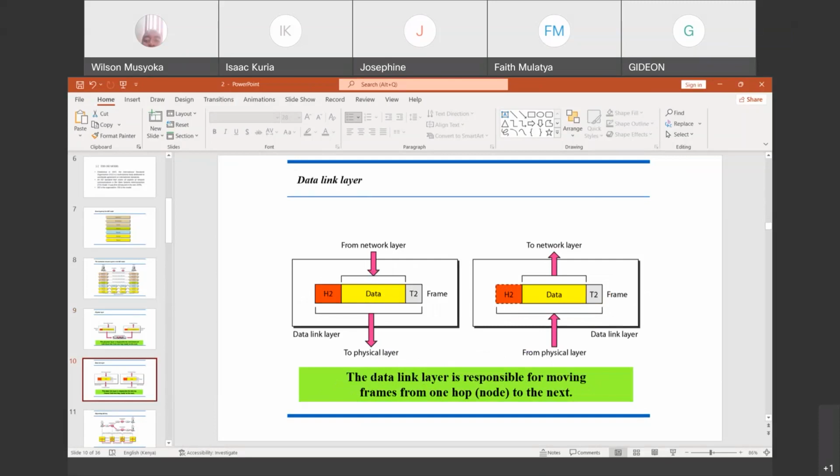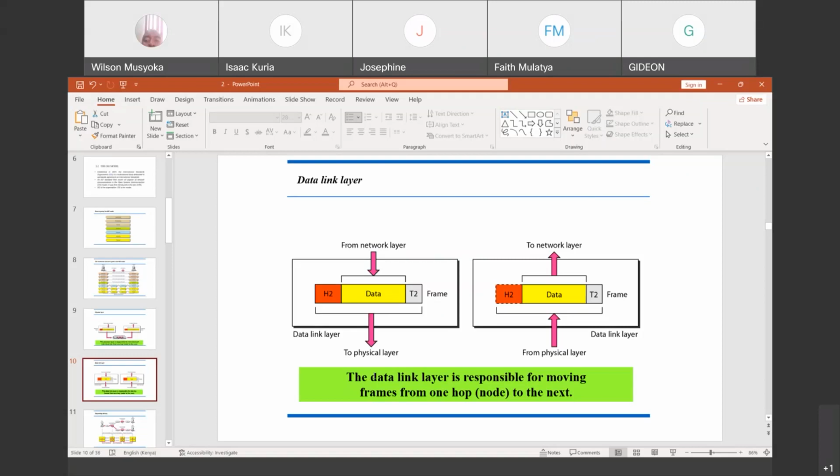And the data link layer is responsible for moving the frames from one hop to the next. And so, like we said, a frame is going to be an encapsulated data which contains the TCP, it contains the IP, it contains the MAC address. So the work of the data link layer is to read the source MAC address and the destination MAC address, as well as perform error checking, because it has a trailer which does what? It does error checking. Why does it need to do the error checking?